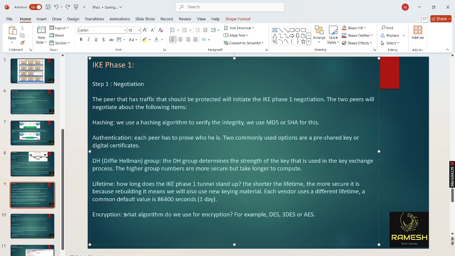as we discussed in the previous slides, encryption means only the sender and the receiver can read the data. The data will be encrypted and decrypted using certain keys. For example, we can use an encryption algorithm like DES, 3DES, AES. Okay, and these are the phase 1